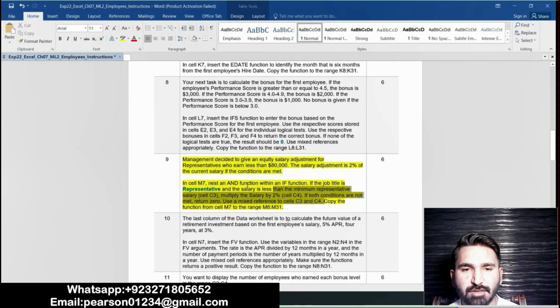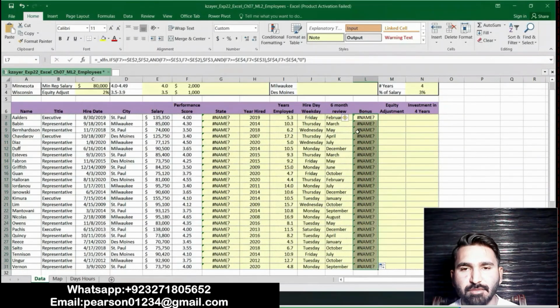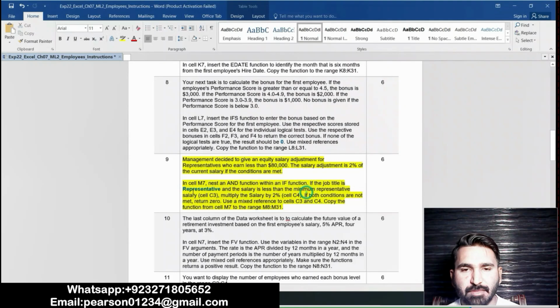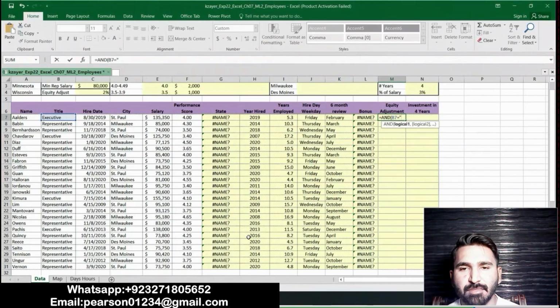If the job title is a representative and the cell, go to the Excel workbook, go to cell M7, and B7 is equal to representative,